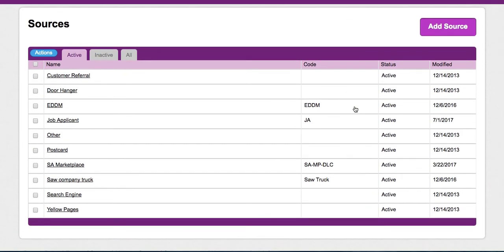This is our test account for automations, but we've got customer referral, door hanger, every door direct, job applicant, other. Another pro tip I would also suggest is tracking your job applicant sources as well, so you can see if Indeed or Craigslist or referral by an internal employee is the best source of job applicants. So we're going to be tracking our lead sources for our sales as well as our lead sources for our